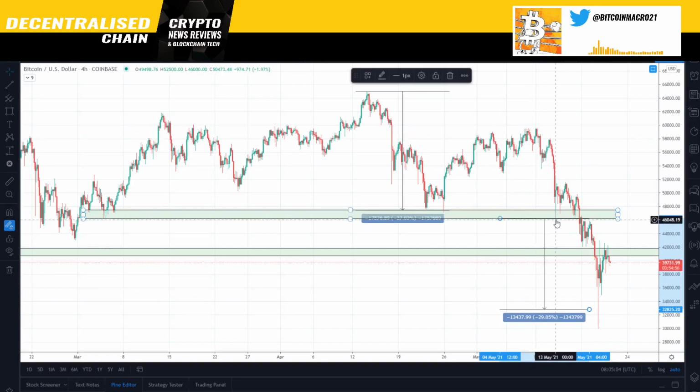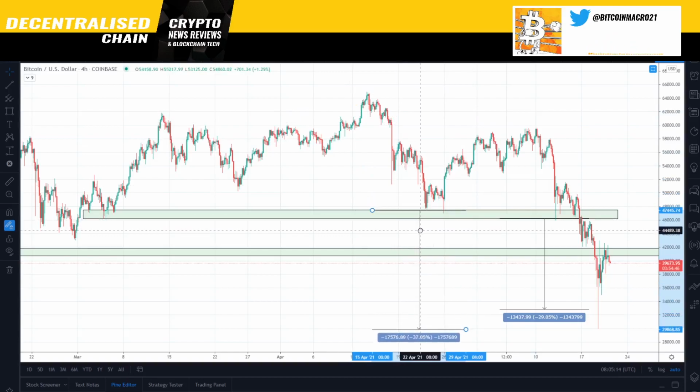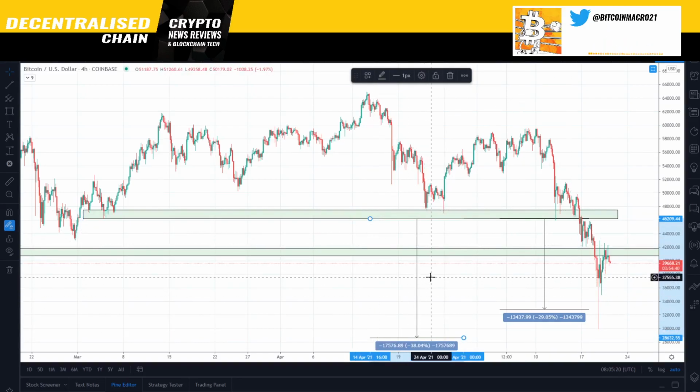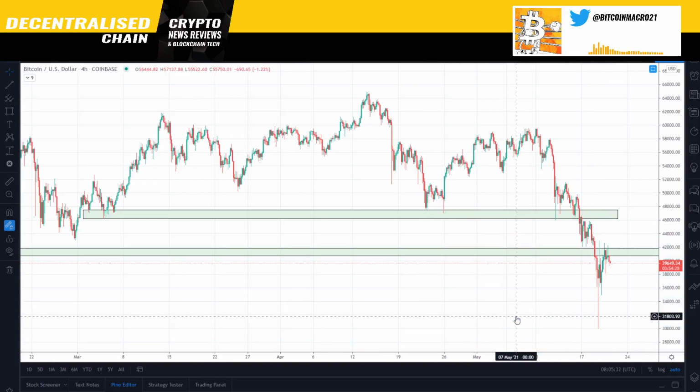So it's essentially like an ABC move, AB equals CD move, excuse me. And that's what I'm looking at right now, or maybe something like this, or like this. So essentially what this is telling us was that maybe the price could have dropped anywhere from about, let's say, 34k all the way down to 28k, which is what happened on some of the perpetual swaps. Some of the perpetual swaps fell all that way down there, and I'm going to analyze that situation as well,